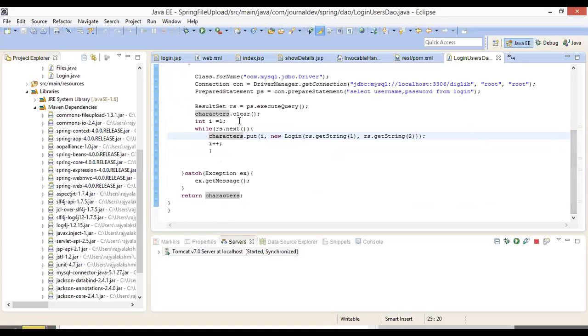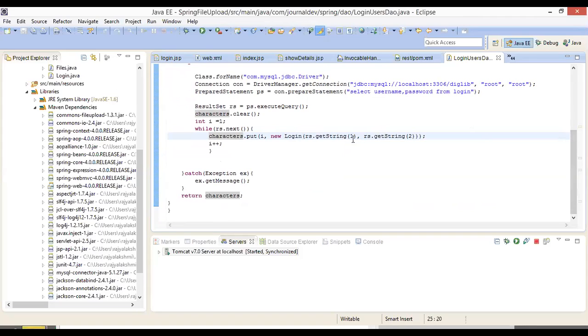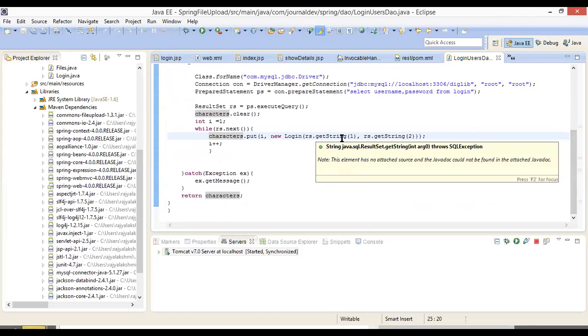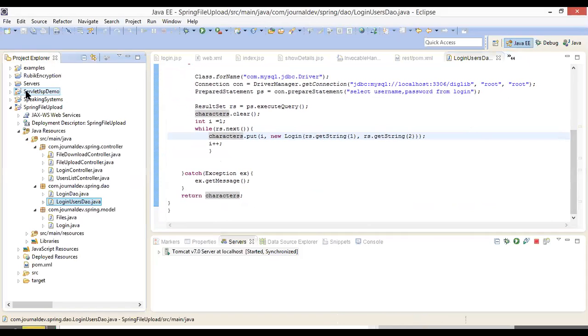So you are putting the number, that means first row, and what you are doing, new login of username and password. That means what is this new login of username and password? It means you are giving it to the data model. What is the data model? Login.java. So what that model will do?